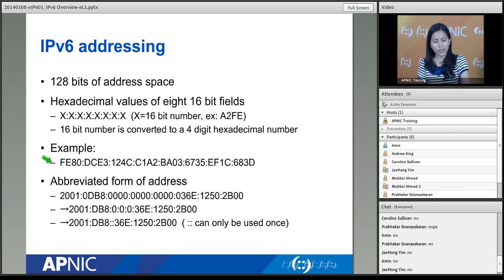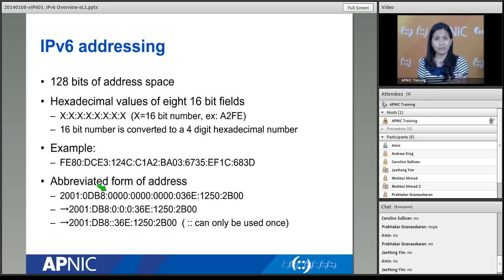Okay? Now, you will see that when you have started deploying IPv6 in your own networks, you will be using the very first blocks. Maybe from your /32, you will be using the first /64, which has a lot of zeros. So there are ways in which we can trim it down. Your machines will do that automatically for you. But just so you understand, this is what happens there. So let's say, for example, that you have this address. Okay, so 2001:db8:0000:0000:0000:036E:1250. So you'll see a lot of zeros somewhere in between there. You can actually remove that. You can trim it down.